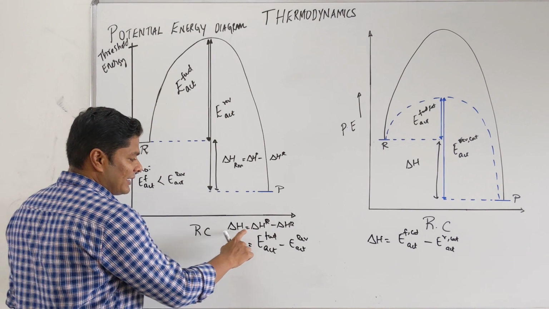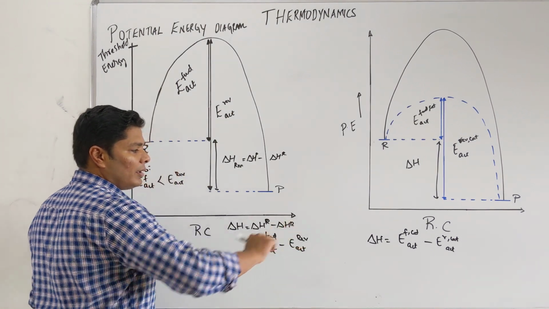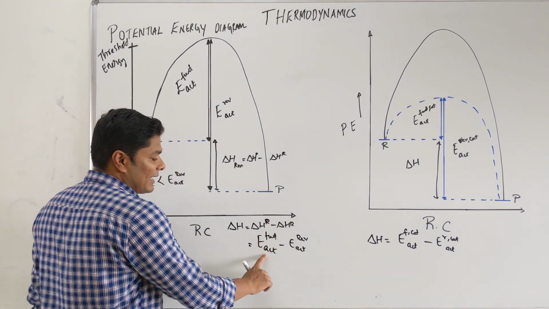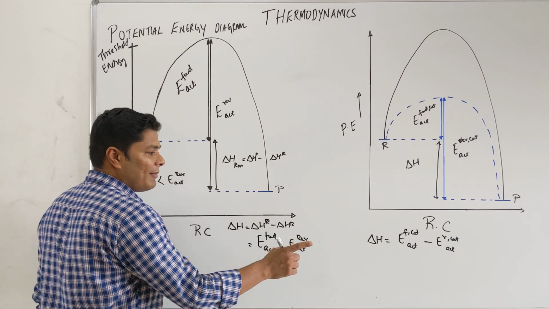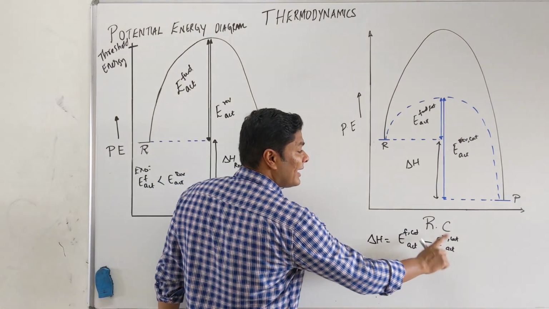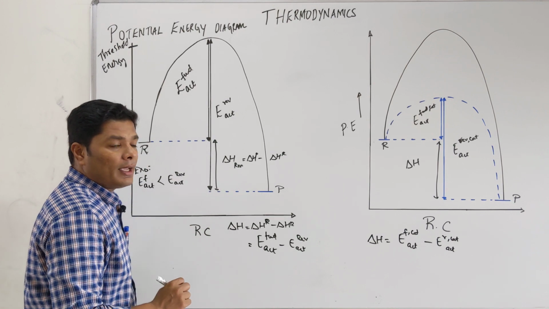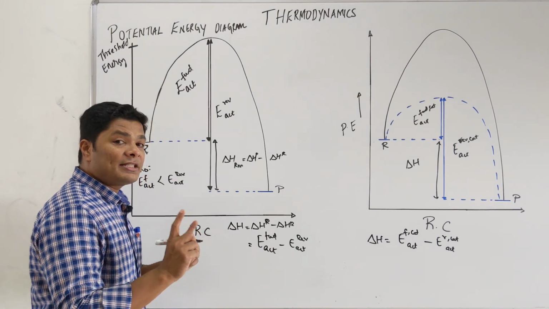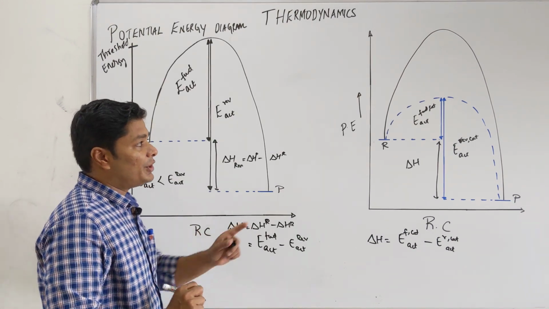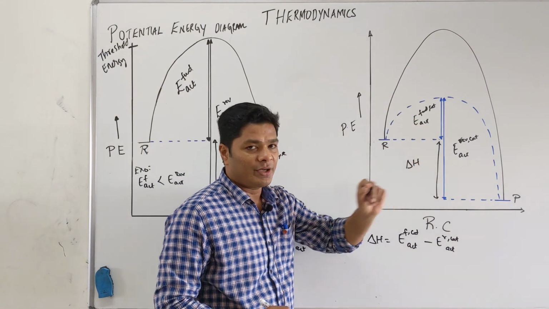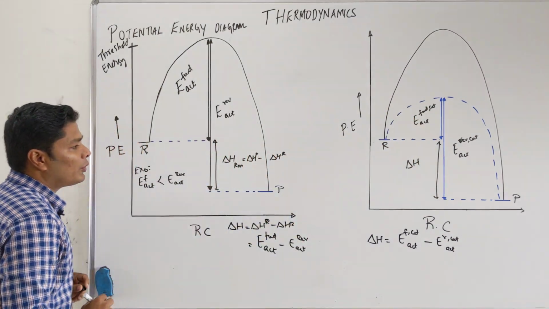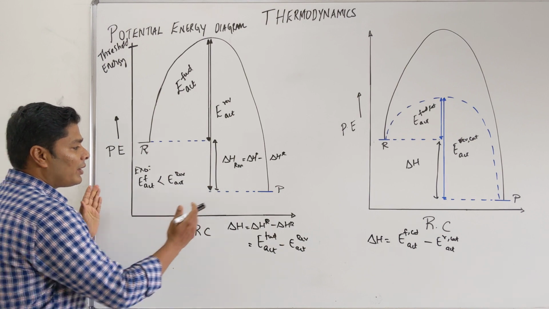So delta H equals any of these three. So I can equate any of them. E activation forward minus reverse is exactly the same as E activation forward catalyzed minus E activation reverse catalyzed. Okay, because all of them are delta H. Delta H is a state function, it's not a path function. These two are different paths, but it's a state function. Okay, a couple of things you want to take from the diagram is, if I draw a mirror image of